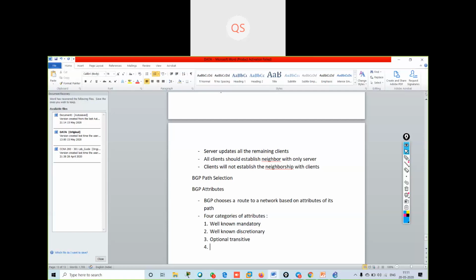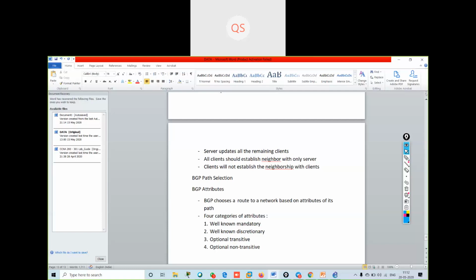The third one is optional transitive. Then the fourth one is optional non-transitive.